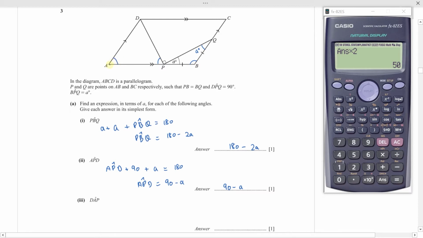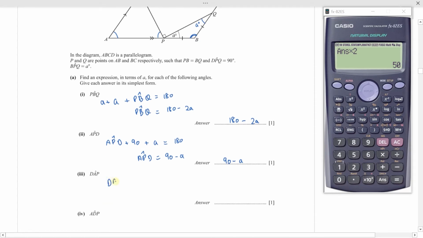So if you look at this side AD and this side BC, these are two parallel lines, and this line AB is passing through these two parallel lines, and angle DAP, which is this angle, and angle ABC, which is this angle, are two interior angles, and we know that for parallel lines the sum of interior angles is 180 degrees. So angle DAP plus angle PBQ